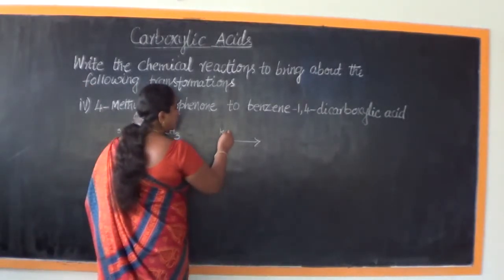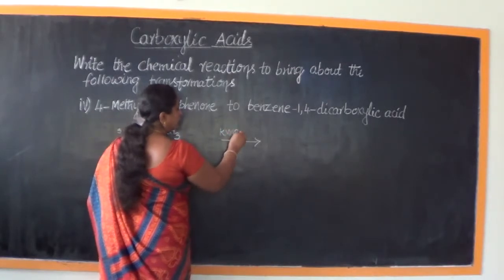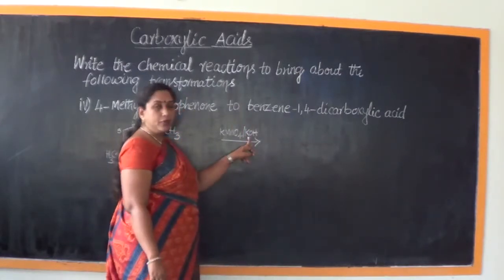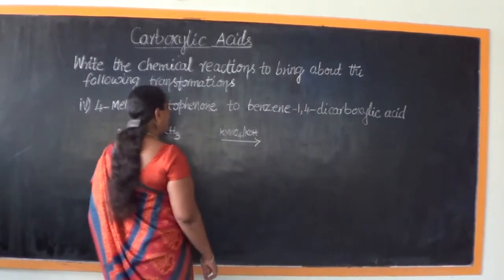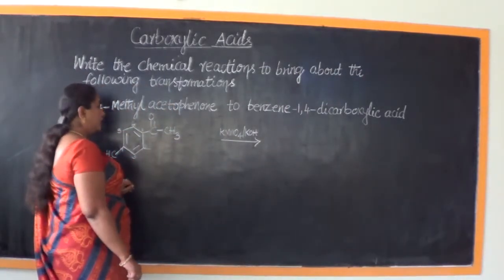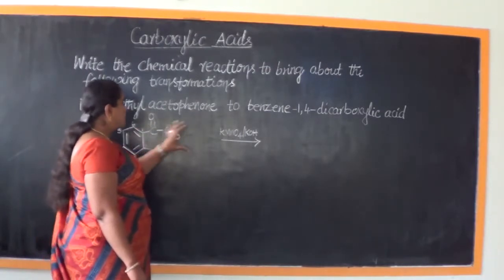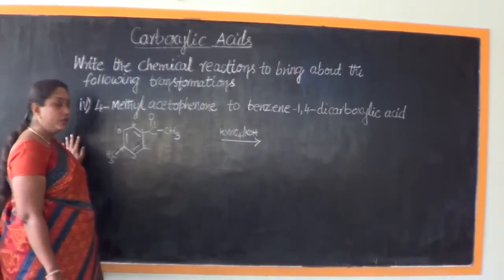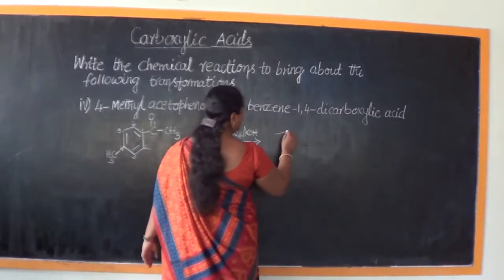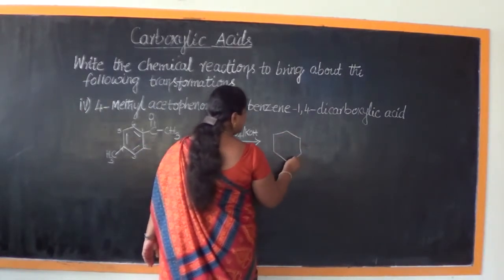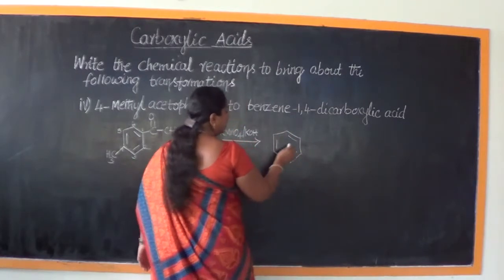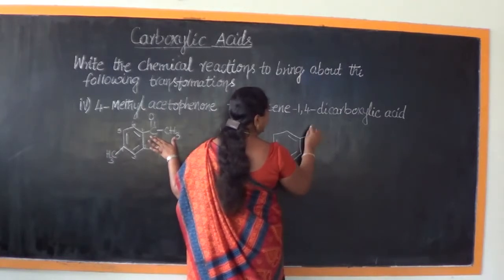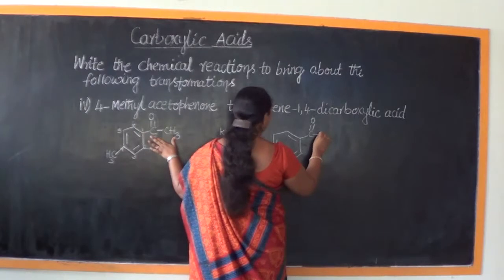So we are making use of a strong oxidizing agent, which is alkaline KMnO4. The alkali used is KOH, and KMnO4 is potassium permanganate. So they release nascent oxygen. Now what happens? The entire side chain of the benzene ring gets converted into the potassium salt of the carboxylic acid. So what's the first product we are going to obtain? The benzene ring remains intact, no change. This entire side chain will now become C linked with one O by a double bond, another O by a single bond.